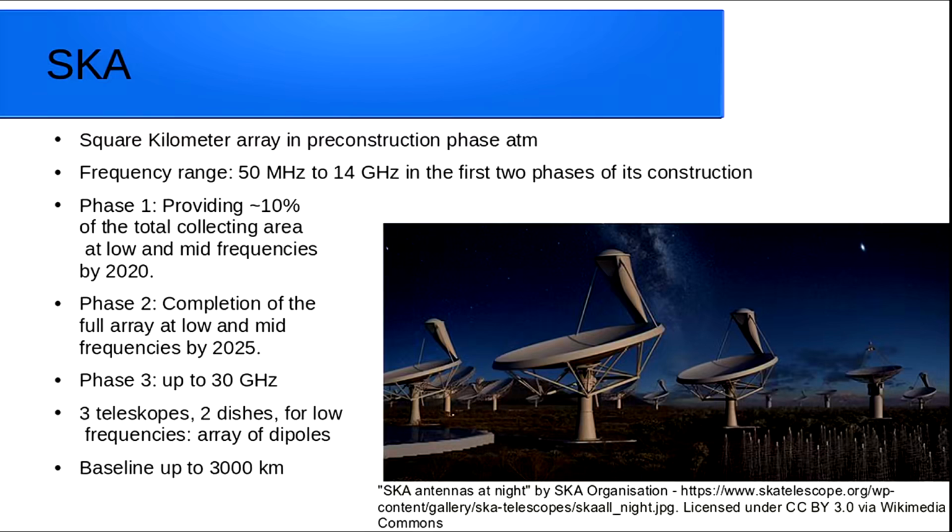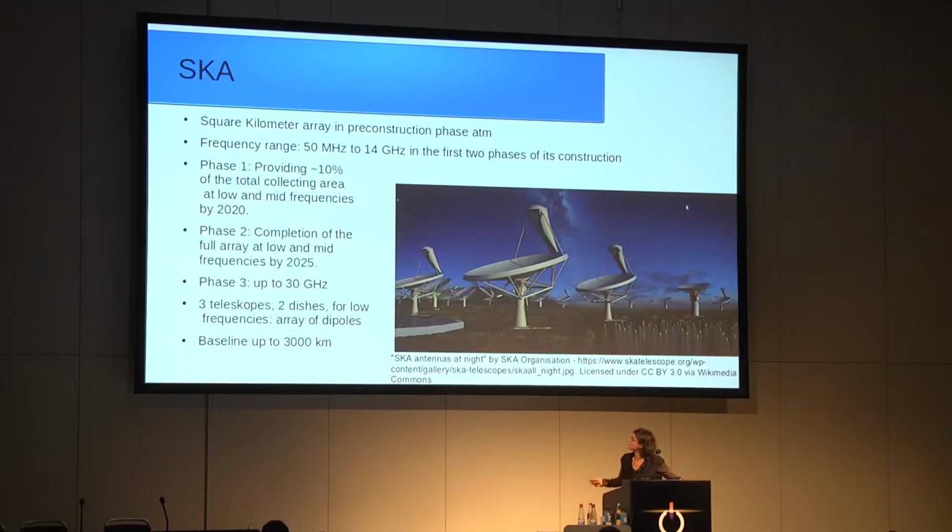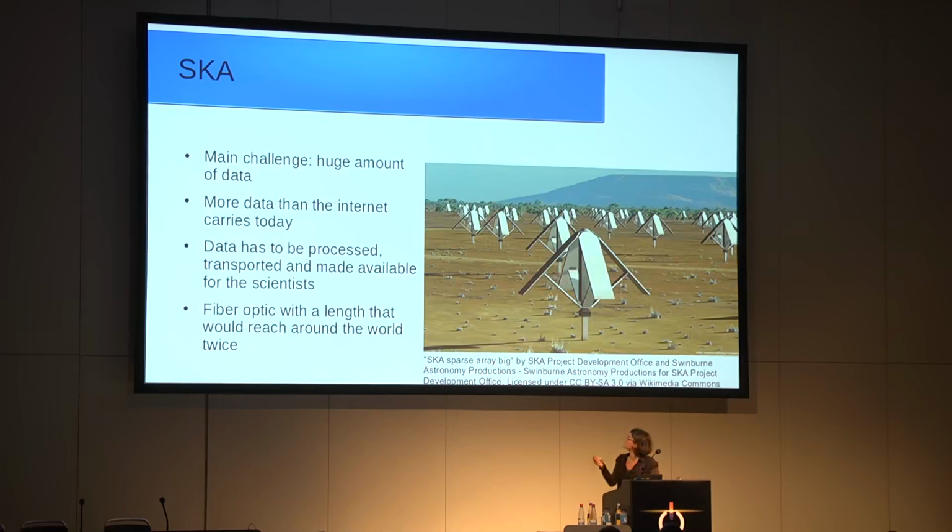It's actually 3 telescopes because of the huge bandwidth: 2 dish types, of which you can see an animation of one of the dish antenna arrays, and for the low frequencies, an array of dipoles. The maximum baseline of this antenna is 3,000 kilometers, and the collecting area is 1 square kilometer,